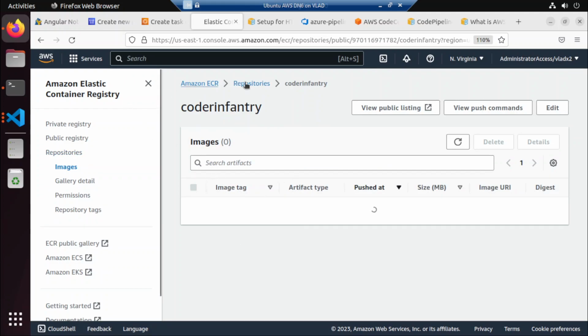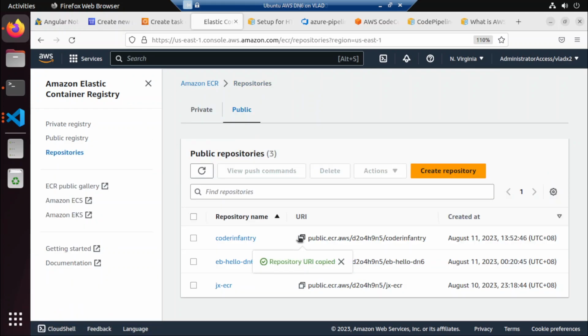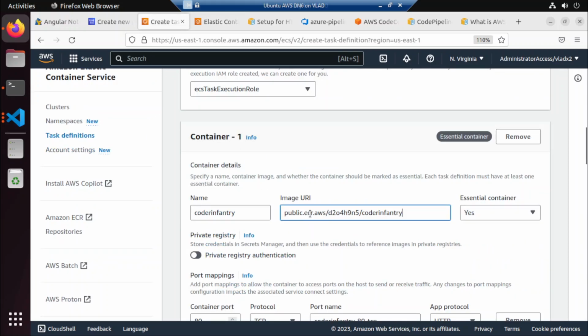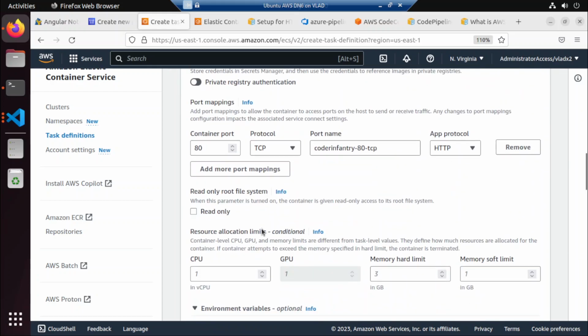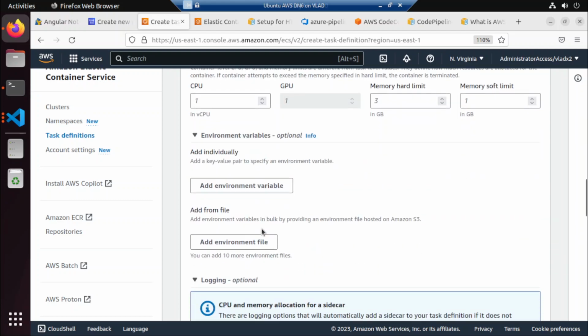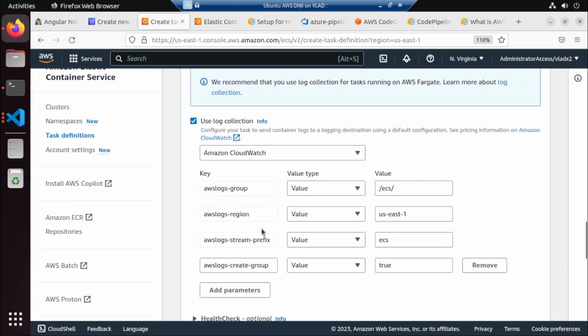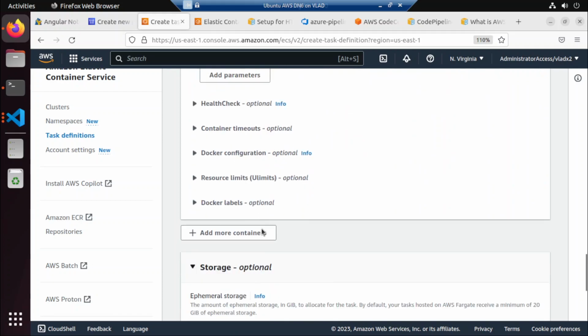And then this is the image URI, so we're going to put that in there. That is the name, coder infantry. Well, we won't put any environment variables for now, and